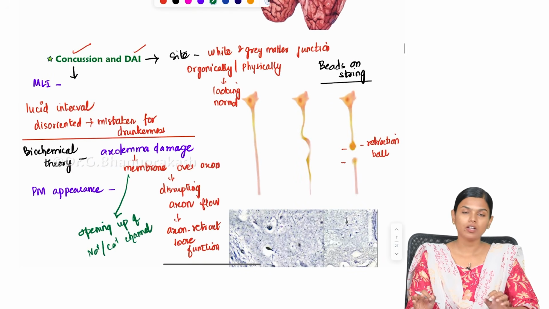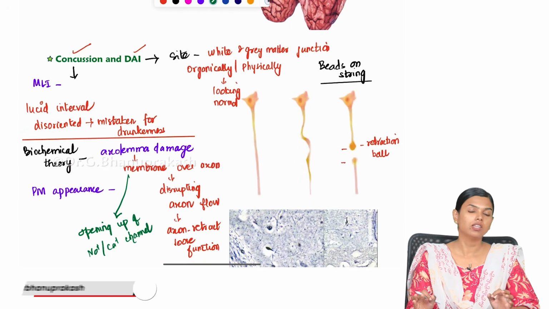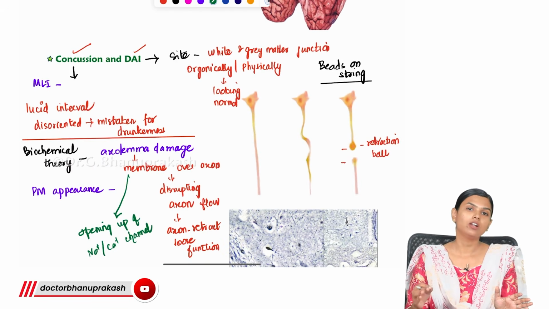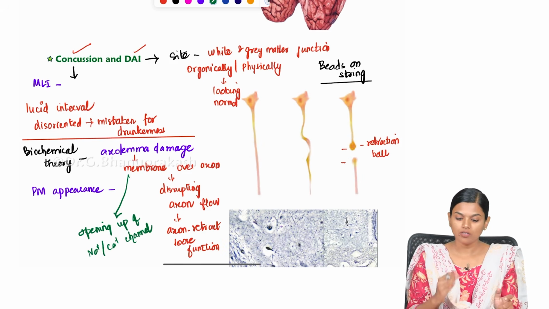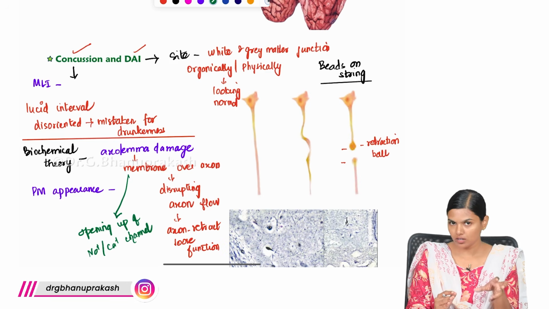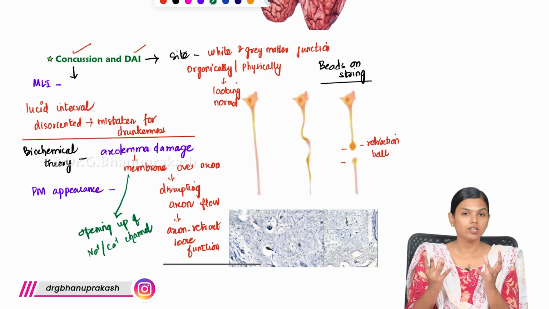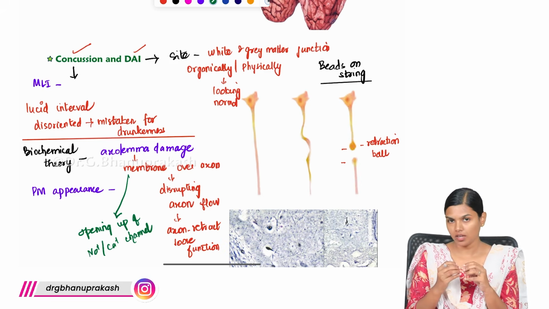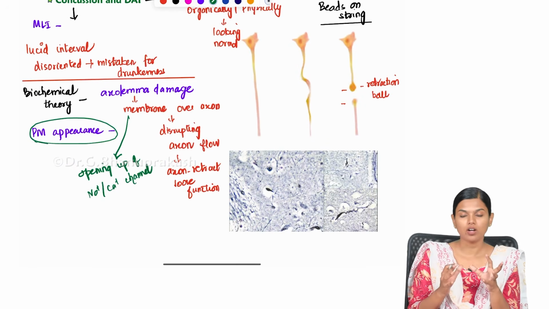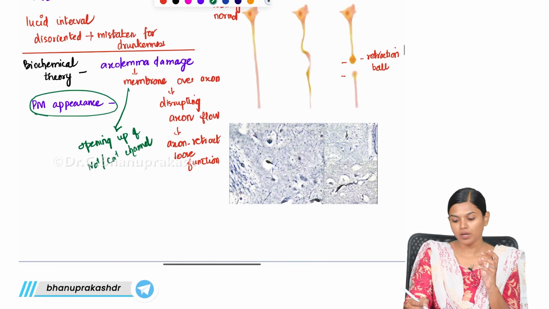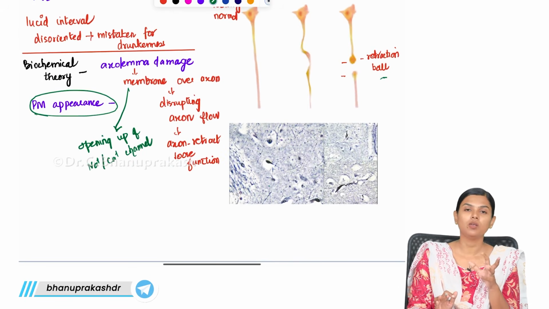Concussion is medico-legally very significant because they may be in their lucid interval and later on it may worsen and people may die and you will be called up for a negligence case. Or sometimes the concussion may be mistaken for drunkenness. Diffuse axonal injury is commonly seen in the junction of white and grey matter, and physically, grossly, you will not see any injury, but when you look microscopically in the postmortem, when you take the axon and stain it and look inside, you will be able to see these retraction balls in the microscopy.